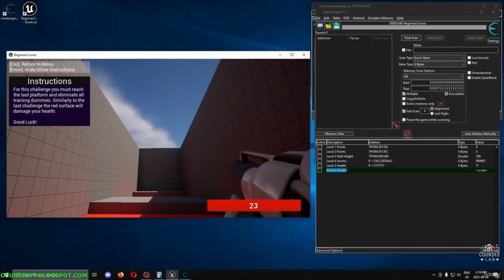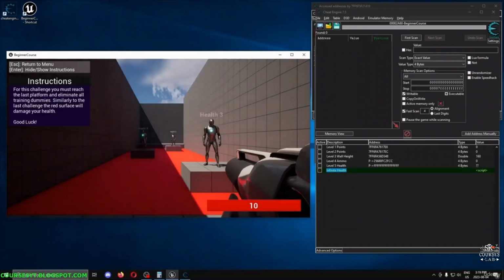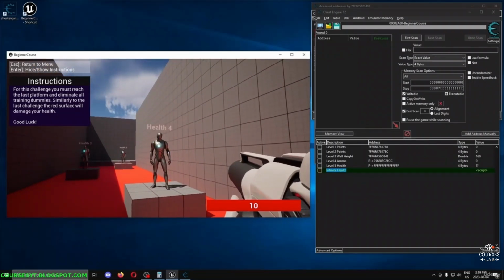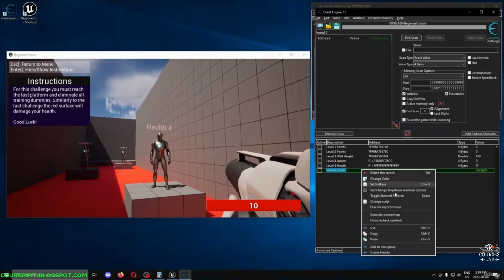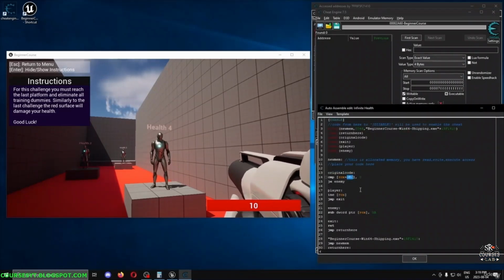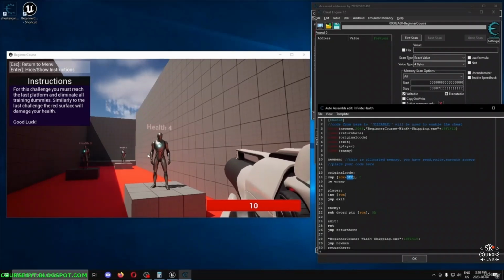But let's not be so sure just yet. Let's actually leave the level and come back and see if it works. So let's shoot the enemy over here. And as you can see, it stopped working. Okay, so if we go back into the script, this means that RCX plus 3EC, with RCX being the health of this dummy here,